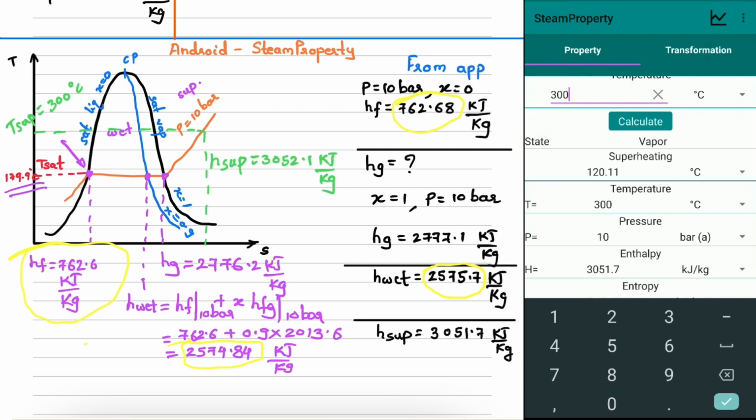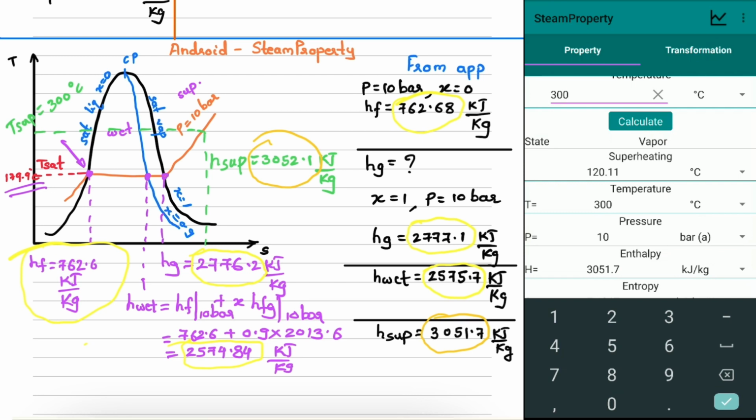Then next Hg value we got as 2776.2 kilojoule per kg from steam table, and from application 2777.1 kilojoule per kg, and HSUF value is 3052.1 kilojoule per kg, and from application we got it as 3051.7 kilojoule per kg. So there is a slight variation of this app from the steam table, but that is okay.